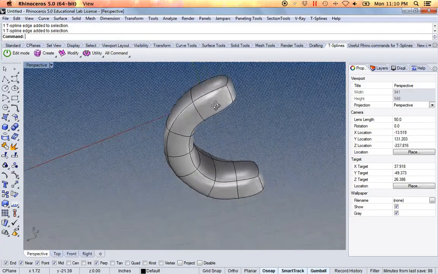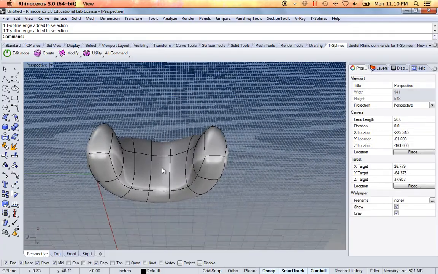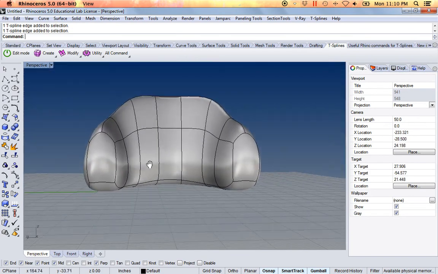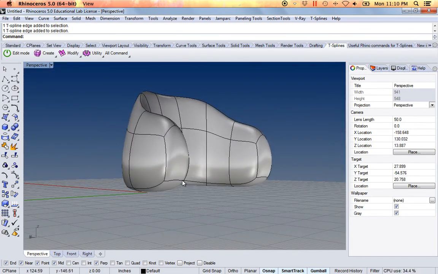Say, for example, if I wanted this thing to be perfectly flat across the bottom,